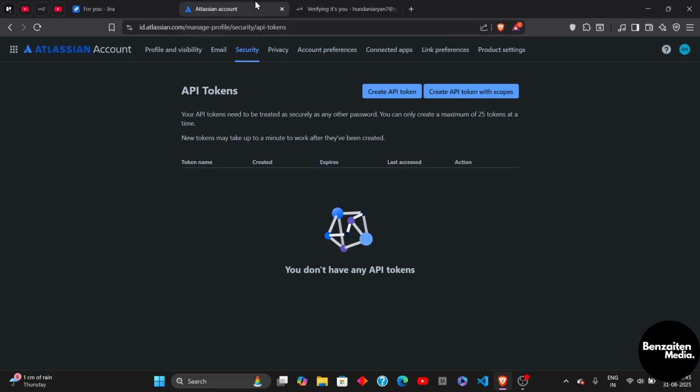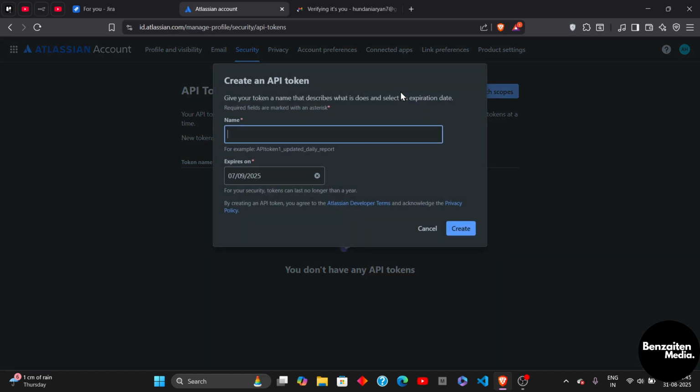From here you will see all the current API tokens that you have created. As you can see here, I have two options: to create an API token or to create an API token with scopes. I just simply click on create API token, and then I'll name my API token. After naming my API token, I'll simply hit create, and after clicking on create,